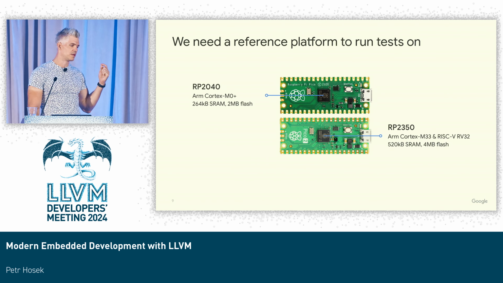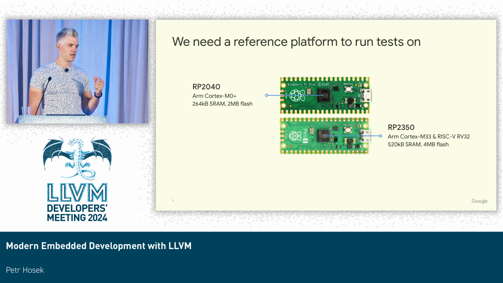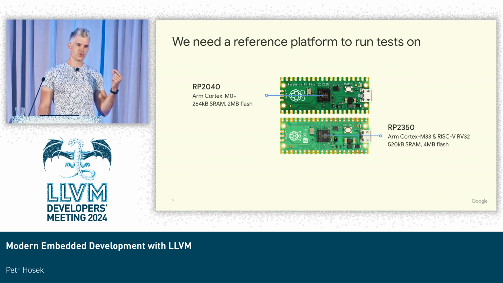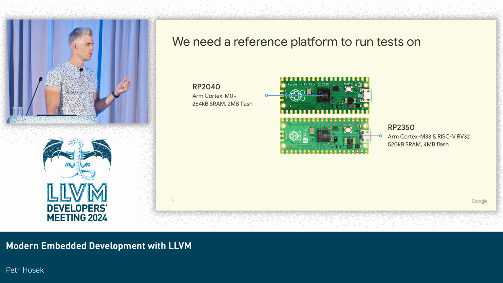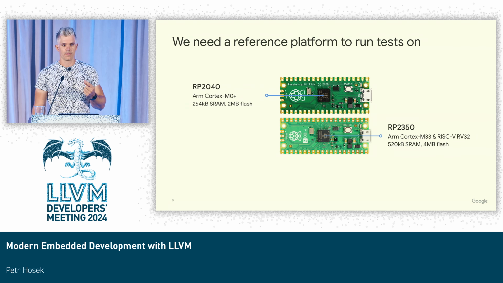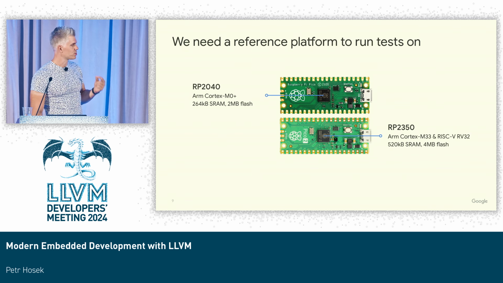And we believe that Raspberry Pi Pico might be a great fit here. This is a line of popular microcontroller products from Raspberry Pi. There are actually two generations. The first one, the Pico 1, was announced in 2020. And just a couple of months ago, the Pi Foundation actually announced a second generation, the Pico 2, which combines ARM